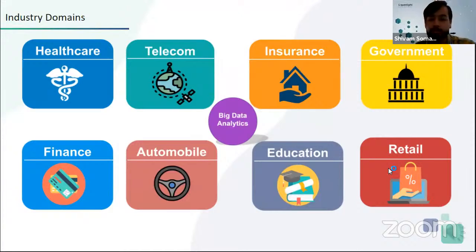In the retail sector, let's say we talk about Big Bazaar. Whenever you go to Big Bazaar, you provide your mobile number when you buy something, and they use it to better fetch customer needs. They also provide coupons against your mobile number. They also have your details, so if you are going nearby, let's say Big Bazaar, they can give you an offer, and this is called edge recommendation, you can say.